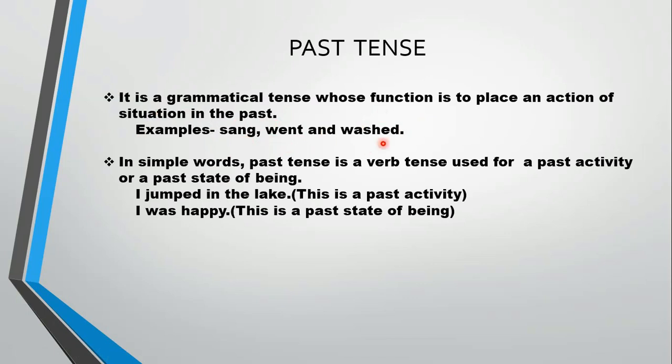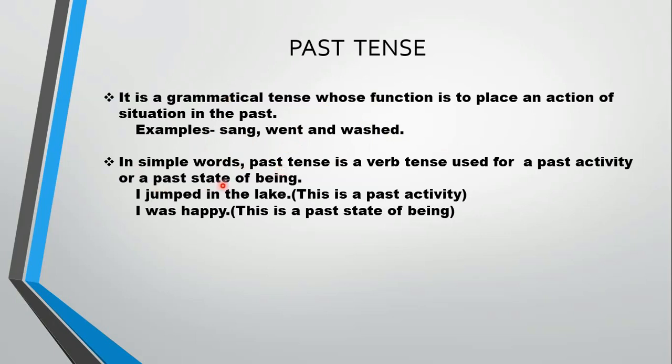So ed or irregular forms of verbs are also there, like you can see, sang is your irregular form of the verb, went is your irregular form of the verb, fine, and regular forms of the verbs are basically formed by adding ed. So these words mentioned over here indicate the past action that is already completed in the past.